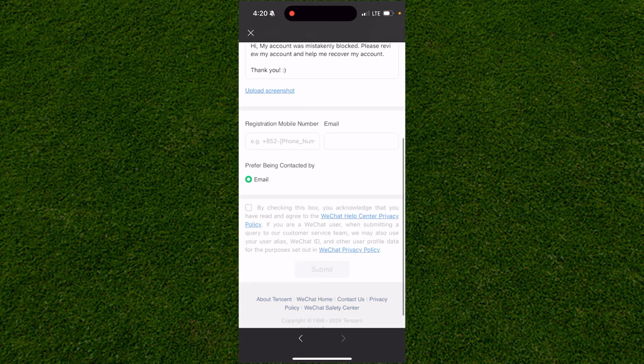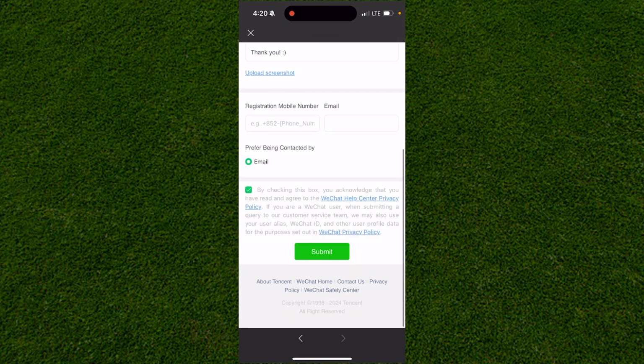And then you enter in your mobile number and check this box. You agree to the terms of agreements, and you just want to click on the submit form right here just to confirm your WeChat Help Privacy Center policy is correct. And then within a few days or a few hours, depending on how quick they are,